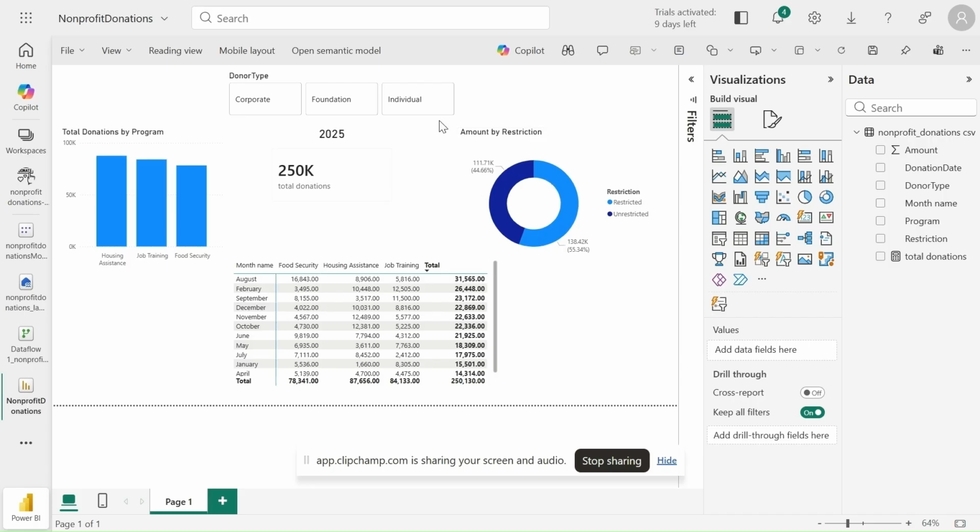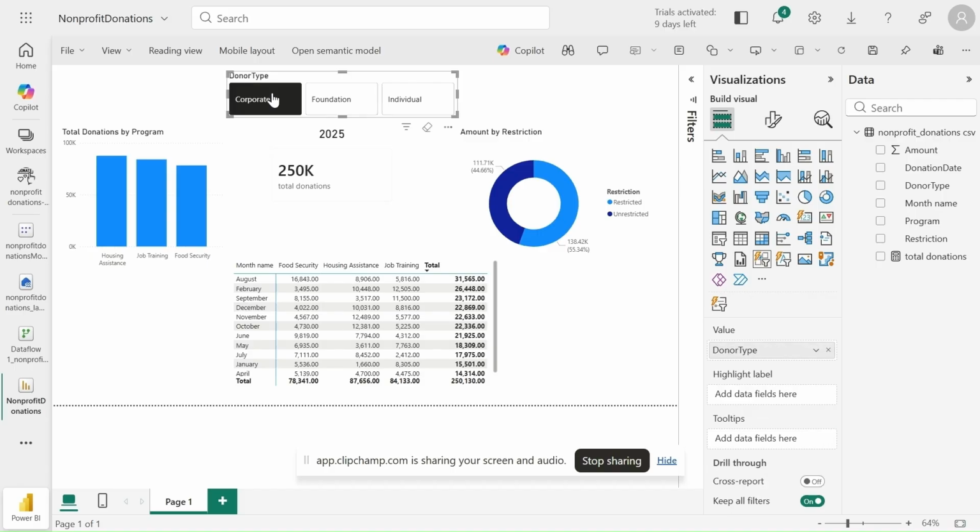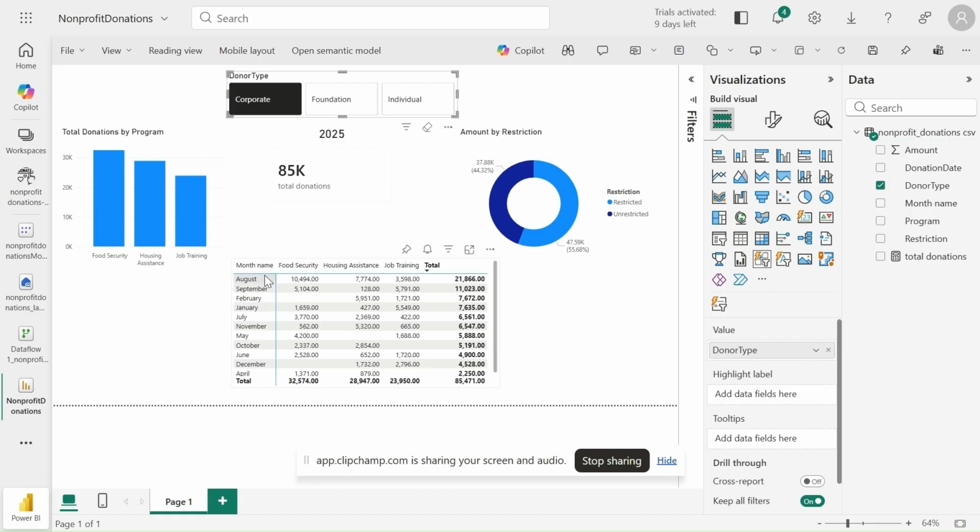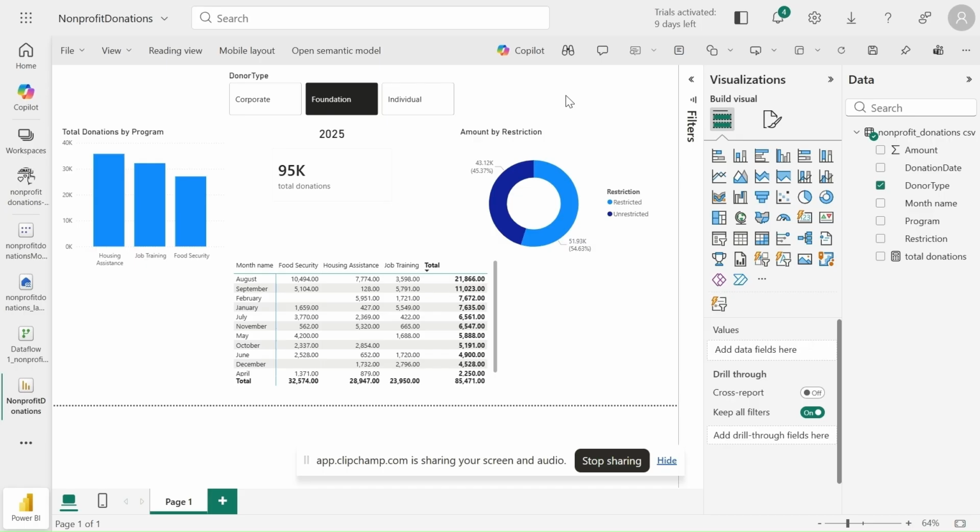And with the filters, you can see what happened with corporate. So corporate, their highest donation was in August for 21,000. The total was 85,000. And their top program by donations was food security. With foundations, their total